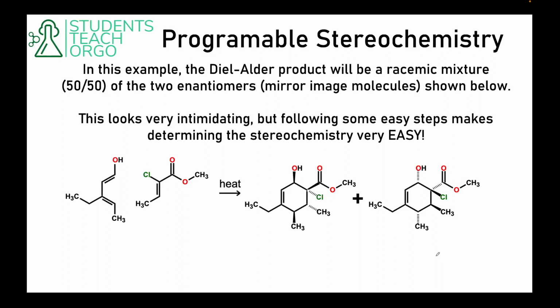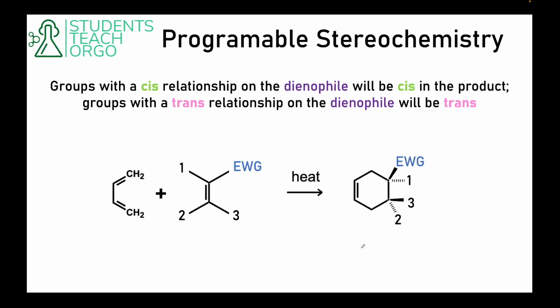So I know this could look intimidating, like, oh, how do you determine what the relationship between the wedged and dashed is, it's a very confusing looking molecule, but there are some simple rules that will make determining the stereochemistry very easy. And so the first rule here is we're going to be focusing on the dienophile, right? On the dienophile, groups with a cis relationship will be cis in the product, and groups with a trans relationship will be trans. So what that means is that you can see here the electron withdrawing group and 3 have